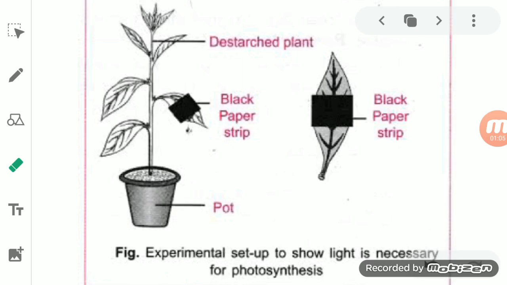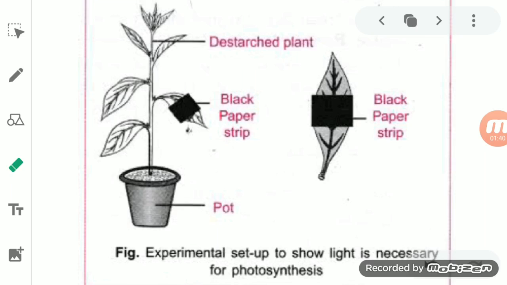So by the starch test we can check that leaves make food by the process of photosynthesis, because the food is the starch only, and we are saying that leaves make the food. So if leaves are making the food, it means they contain starch also. So if a leaf has starch in it, we can say that it is responsible for making food by photosynthesis.